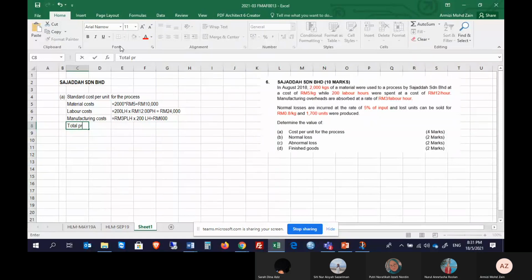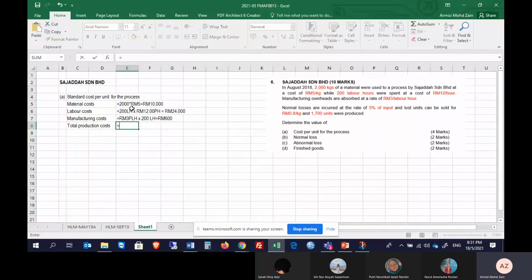Total production equal RM10,000 plus RM24,000, and then plus RM600, you will get RM34,600, and then total